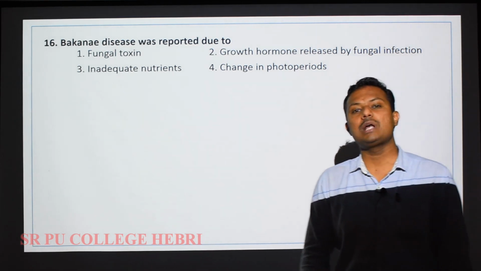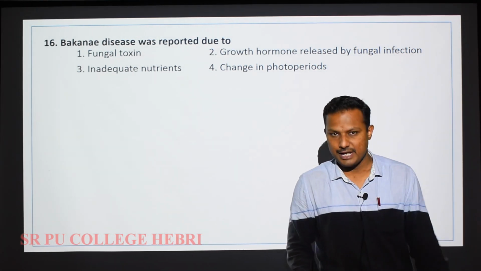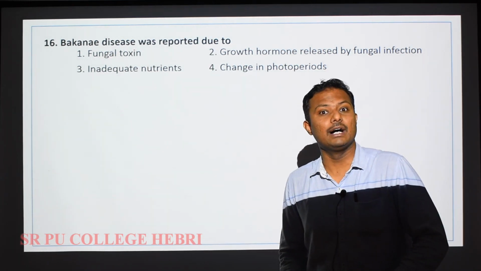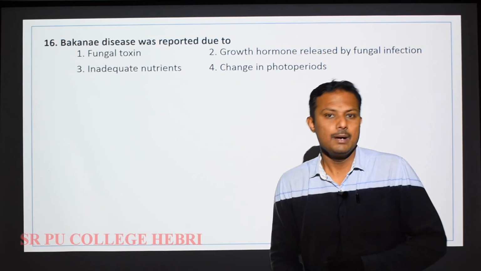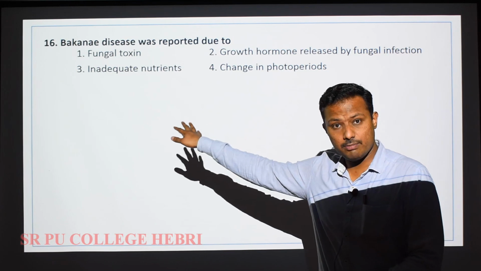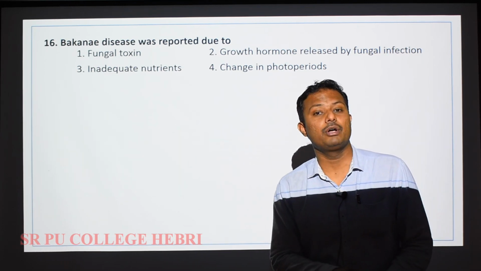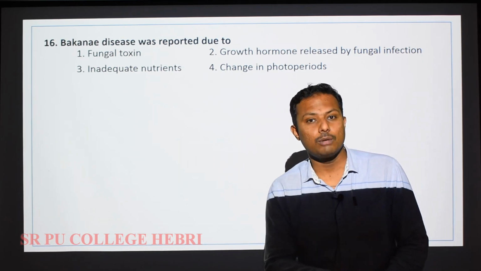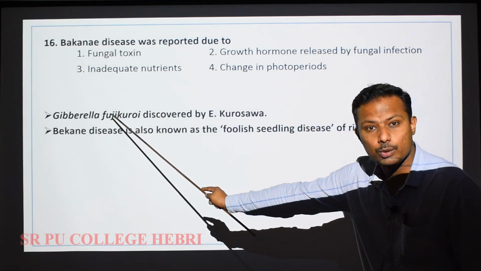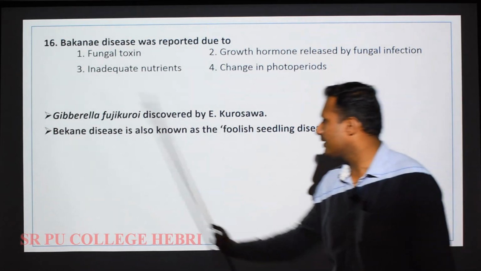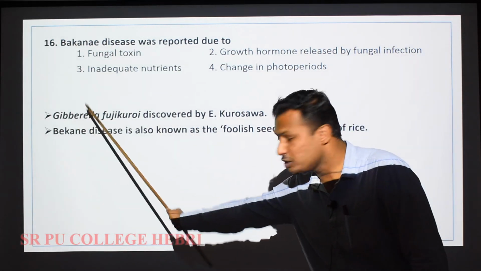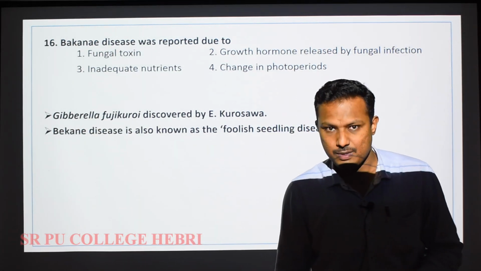Bakanae disease is also known as foolish seedling disease of rice, and this disease was discovered by a scientist called E. Kurosawa, a Japanese scientist. By discovering the disease, it was also possible for him to find out a particular plant hormone called gibberellins, right? So that is what, from a fungus called Gibberella fujikuroi, E. Kurosawa discovered, and it was the Bakanae disease, and actually Gibberella fujikuroi was producing the gibberellic acids, and gibberellic